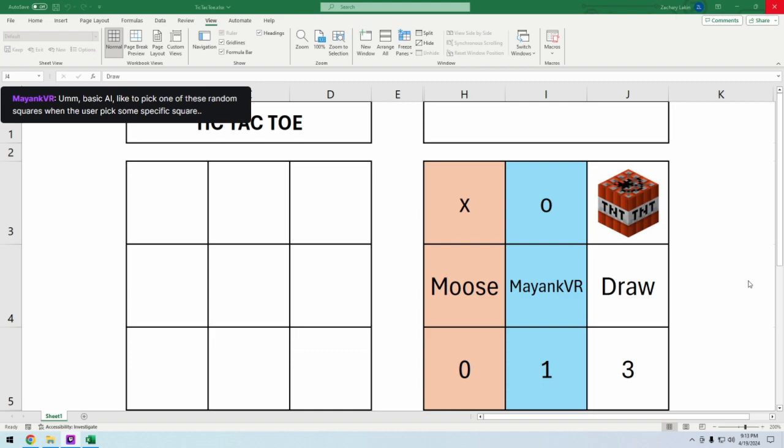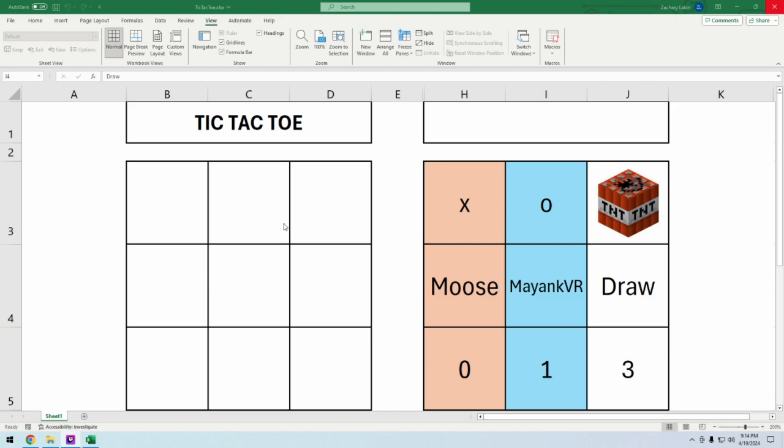Basic AI to pick one of those random squares when the user picks some specific square. Oh, add basic AI to this game? I have to think about that. There might be a way. Well, there is an easy way to do it, but